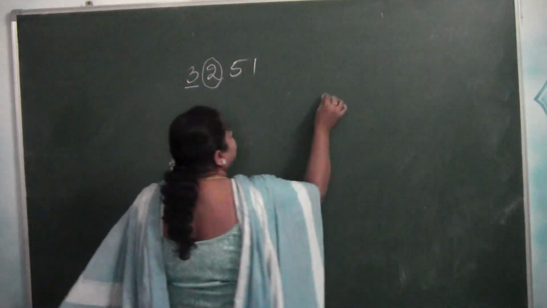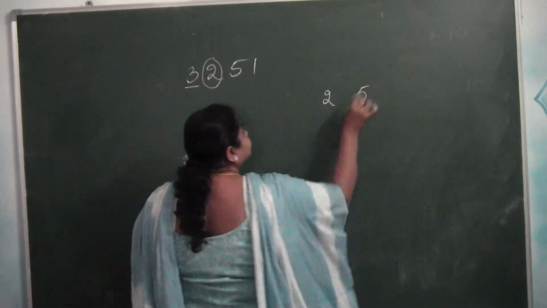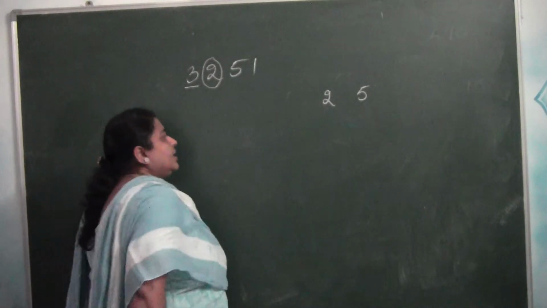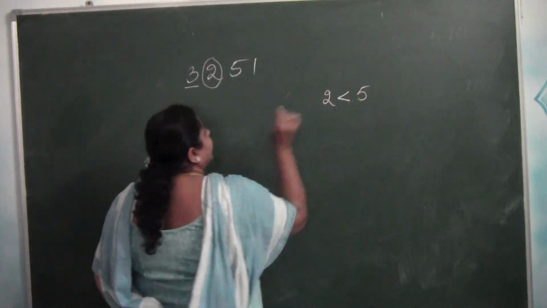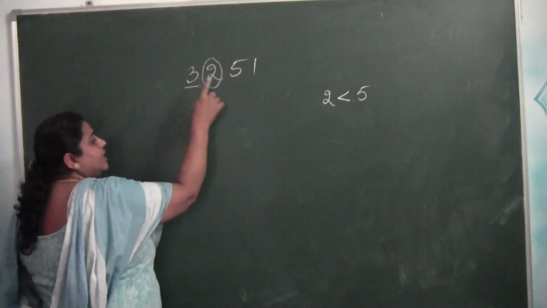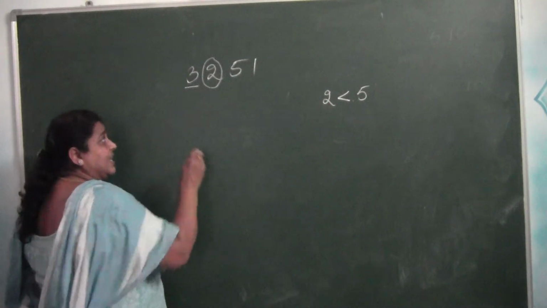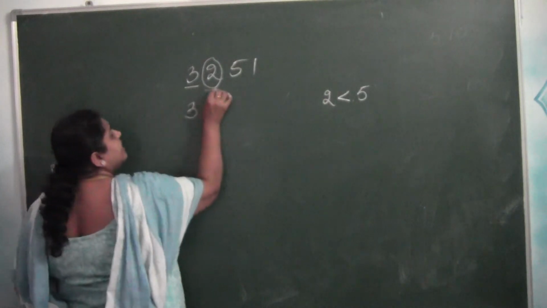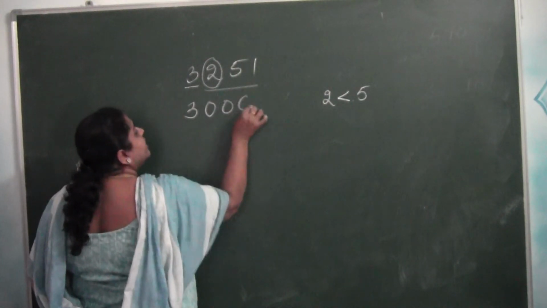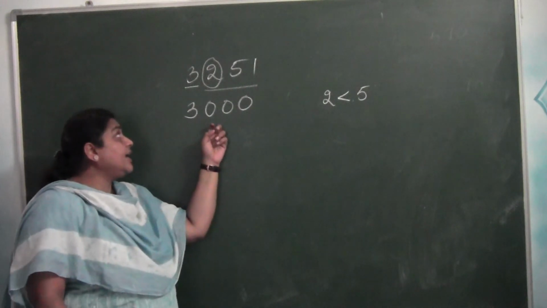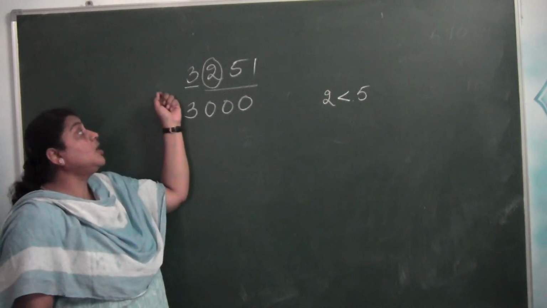Now 2, if we compare with 5, is it greater than 5 or less than 5? Yes, less than 5. What happens to 3 then? If a number is less than 5, 3 remains as it is, and these 3 digits will be written as zeros. So 3000 is the nearest 1000 to